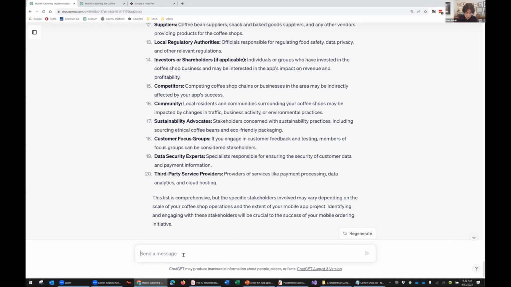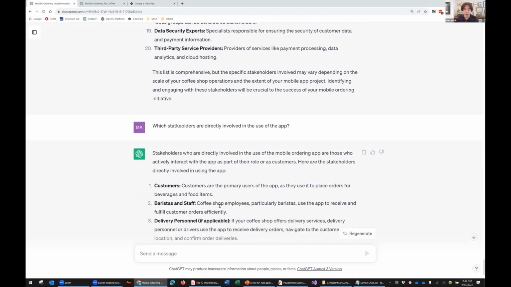Sometimes you have to scale it back. Okay, so which stakeholders are directly involved in the use of the app?